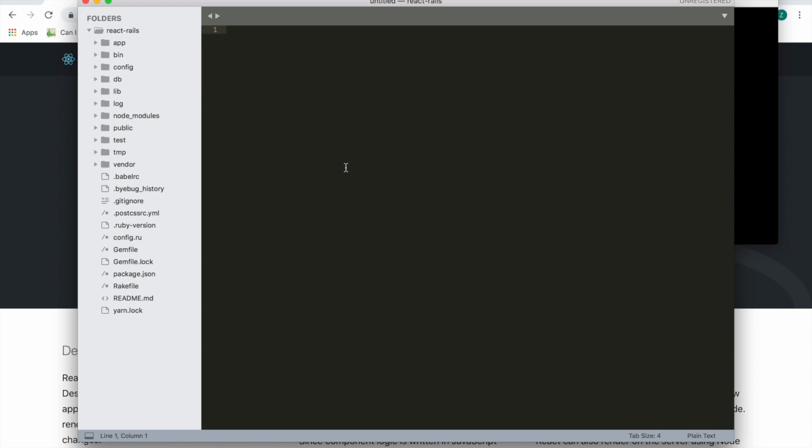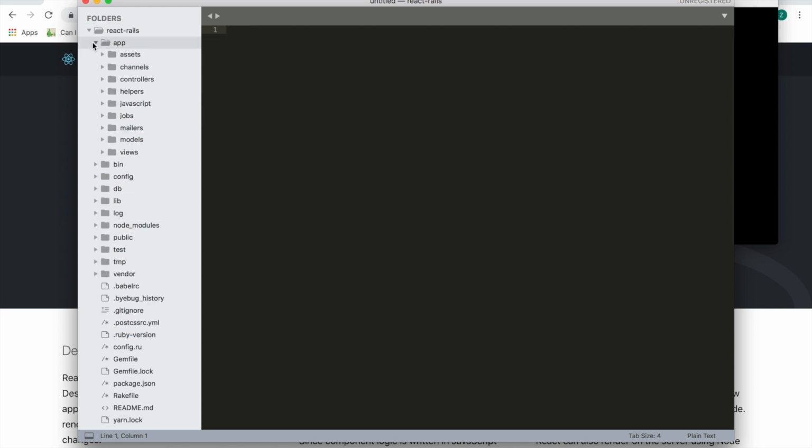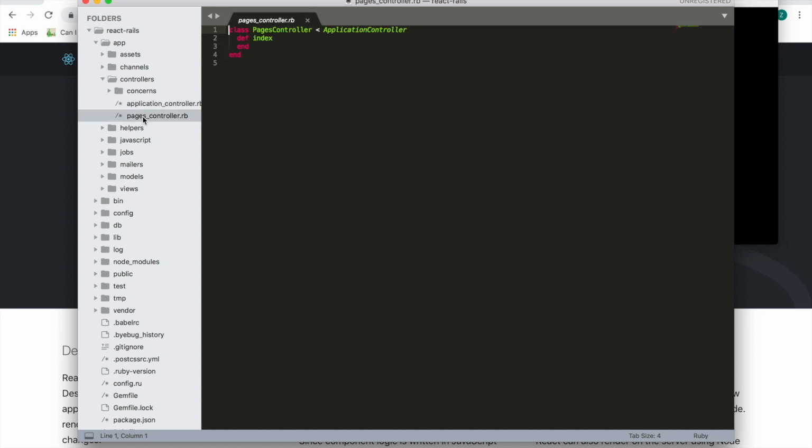So the first thing that I'm going to do is jump into our app, and if we go into our controllers, we have this pages controller that we set up in the first video. Basically, this index method is tied to an index file in this pages index view folder, and that is the root path of our app. So what I'm going to do for this video is just add a contact method here,